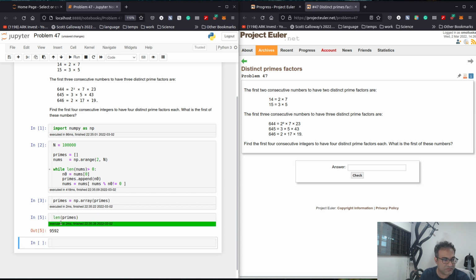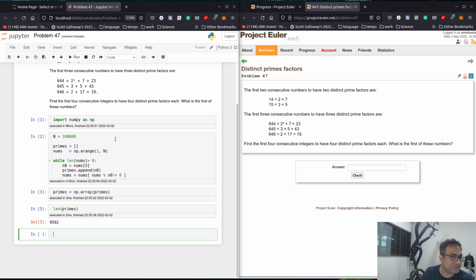Length of primes, we have 9,000 primes. So now what we want to do is, there are different ways of creating numbers, but we want to find the prime factors of a particular number. So let's write a function which will return the prime factors